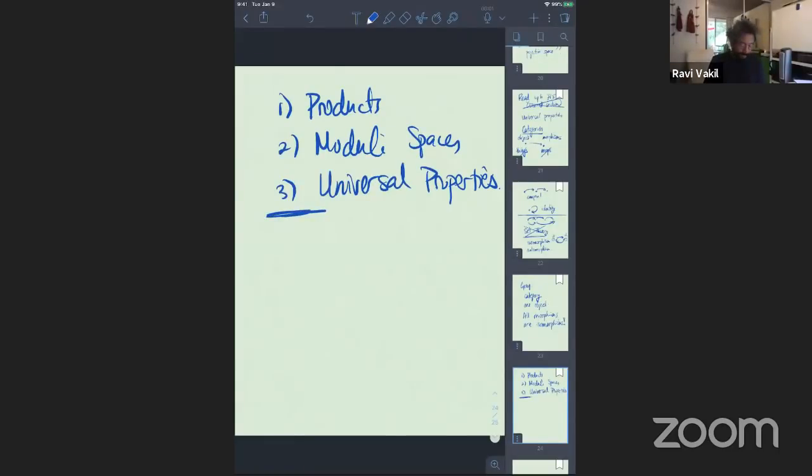Okay, now what I'm about to say is called abstract nonsense for good reason, but I don't want your eyes to glaze over. If you haven't seen this before, you're going to be tempted to think that you'll just read it later. But it's actually really not hard. It just changes the way in which you see the entire world. So the first example is that notion of a product.